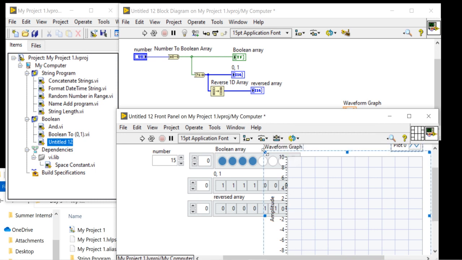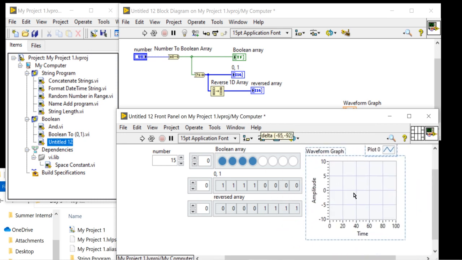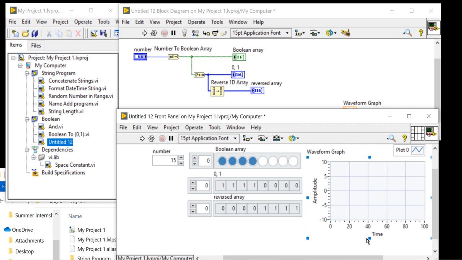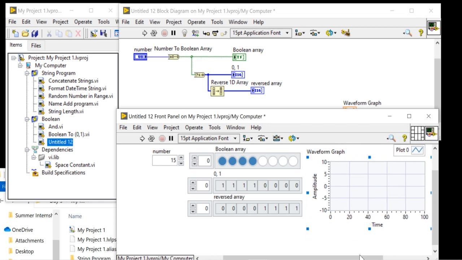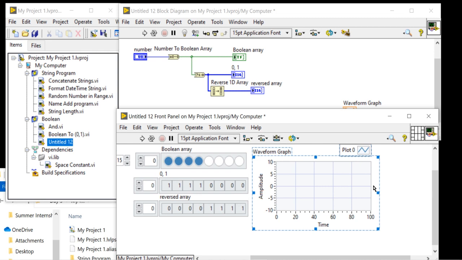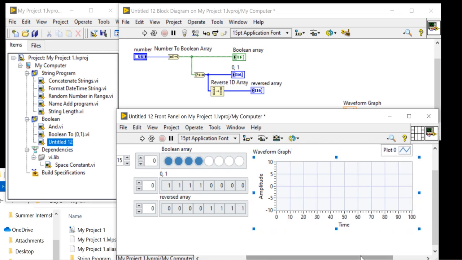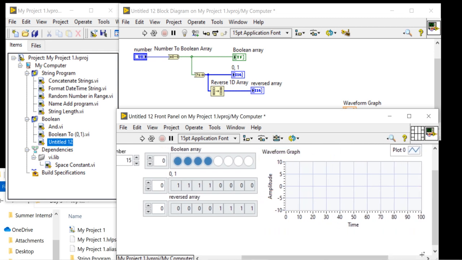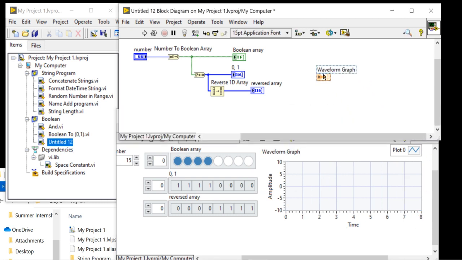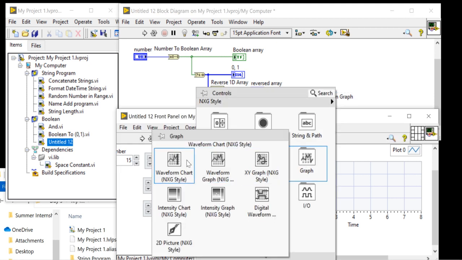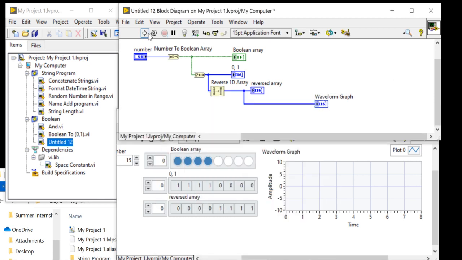I am going to reduce the size of the graph, and the maximum will be 8 bit. So here I am going to set 8. You can take it from the graph palette: right click, graph, waveform graph, run.